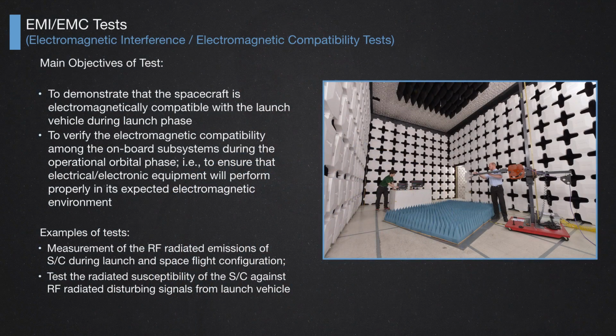So I can do very precise measurements of any interference from one equipment to another. During the test, if I find a small electromagnetic noise, I'm sure that this noise is coming from the spacecraft itself. So it's better to do an analysis like this and try to correct the problem. With this, we can demonstrate that the spacecraft is electromagnetically compatible with itself and also with the launch vehicle during the launch phase. That's the test we do, the EMI/EMC test inside the anechoic and shielded chamber.